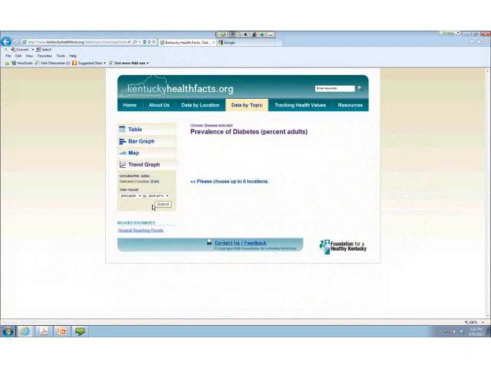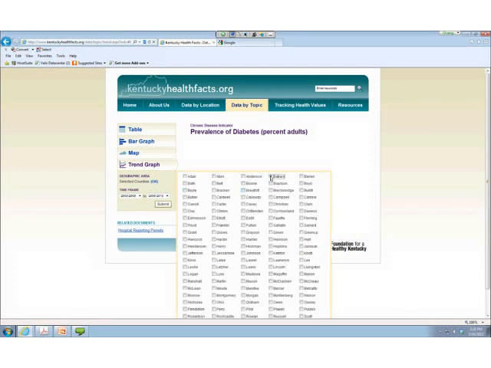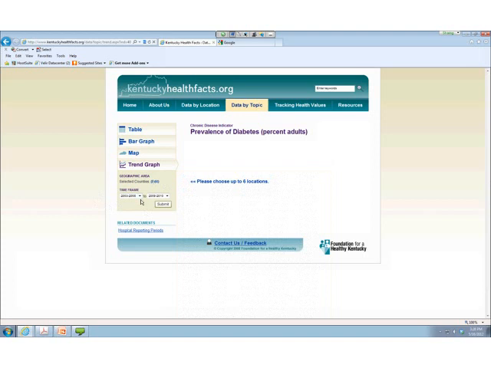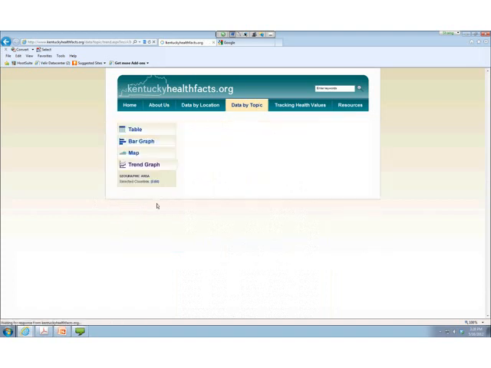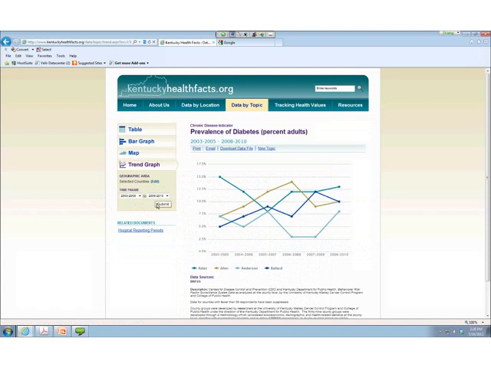And what this tells me to do is select counties that I'm interested in. So we've been talking about Ballard County, so we'll bring them up again. And how about Anderson, Allen, and Adair, because alphabetical order is easy for me. But when you're looking at this screen, you can look at your neighbors geographically or what an appropriate comparison community is for your community and select as many as you're interested in. I just say OK. And I can adjust the time frame if I'd like, but 2003 to 2008 looks right to me, so I'm going to say submit. And this is what's happening all over the communities. And it's kind of a mess, but you can see